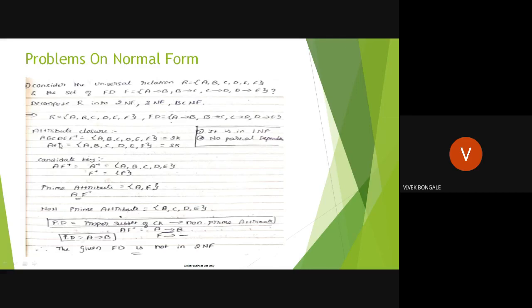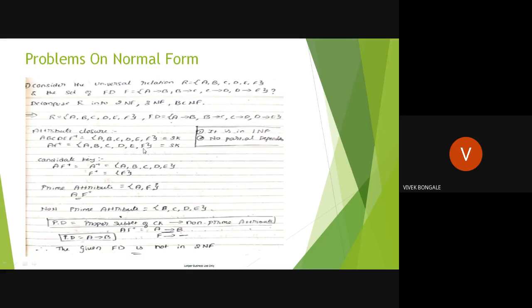If you try to find it for other attributes, you will find the super key only. That's why we're going to find the last super key, the last combination of these values. This AF plus is the last final combination of this attribute closure, right? So AF plus is equal to, try to find the attribute closure of this one. Again, I will get all the values because with the help of A I can find B, with A I can find C, then C to D, then D to E as per the given functional dependency. Then F I have written here because of the reflexive property.